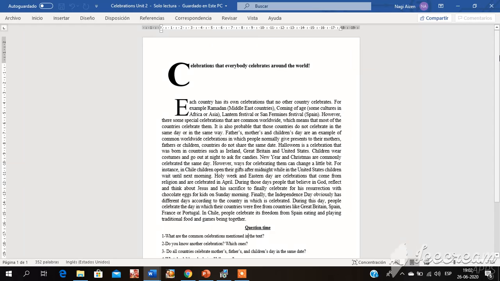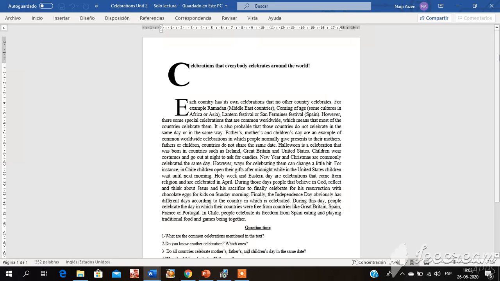So words they do not know and words they do know are some exercises, some strategies I use when I teach reading. This text is very simple, very short, and has a very easy vocabulary for students to learn and understand. The text is about different celebrations that are celebrated worldwide, so the topic is very engaging.